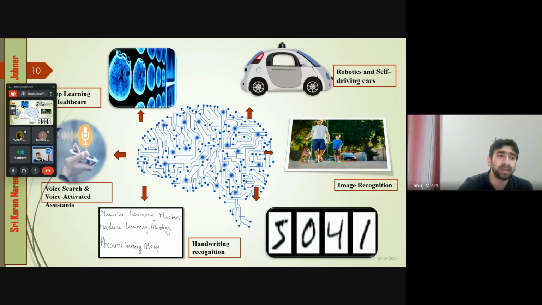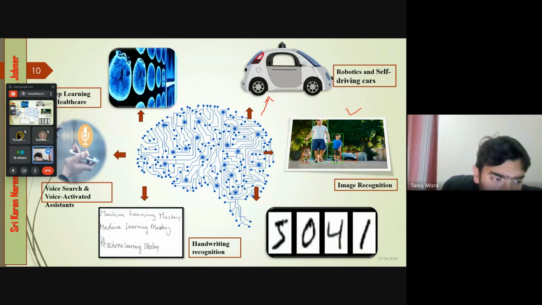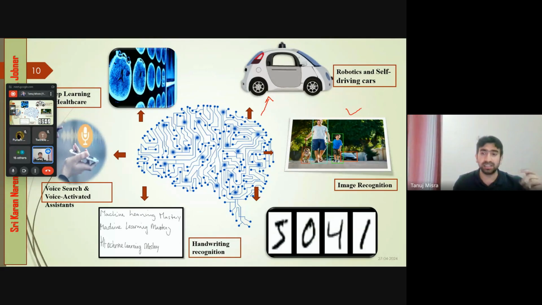There are huge applications of these deep learning technologies. Like you can see nowadays, abroad, the robotic car or self-driving car actually came in the market. जो खुद ड्राइव करके चले जाते. This is also deep learning technology. So this is image recognition technology. If we take images, it can recognize, yes, this is the person, this is the dog, this is the car.